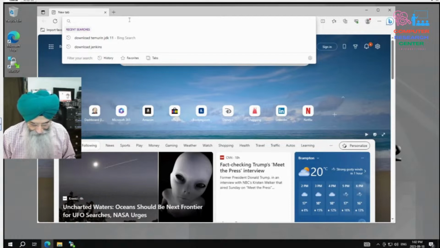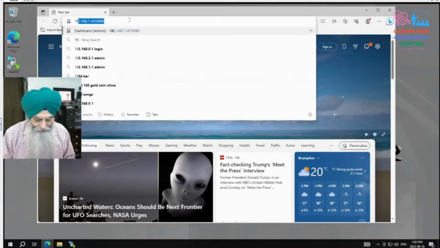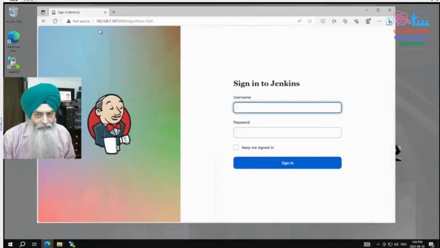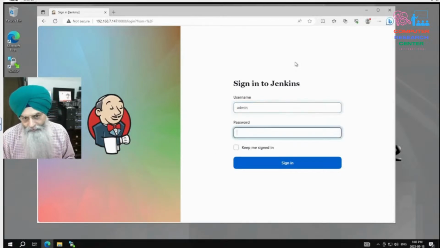Our Jenkins server address is 192.168. See, this one is on Jenkins. So we are going to log in as admin. We had created this user before, right? So admin, and this user will be